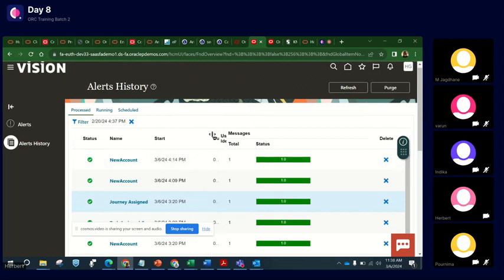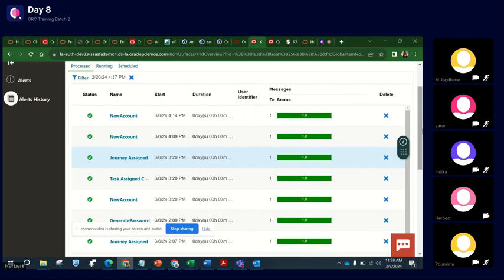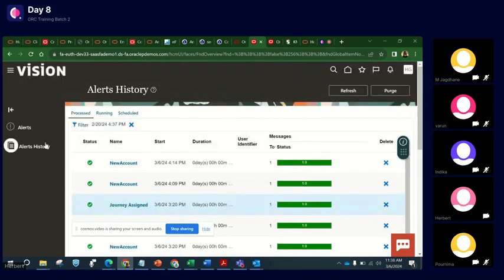It is running on the server, indicating the server time period. Then you can also see how long the alert took using duration. Sometimes alerts are badly coded, or some other technical problem happens, and then this duration becomes too high. So if someone says, "Hey, I did not get any notification for this," then you go into alerts history and you see what was triggered when, and you see what was the